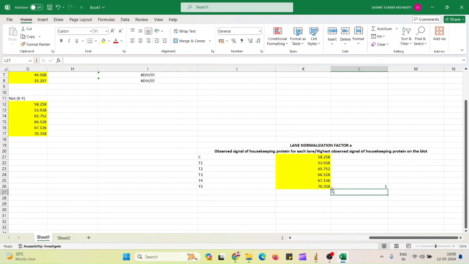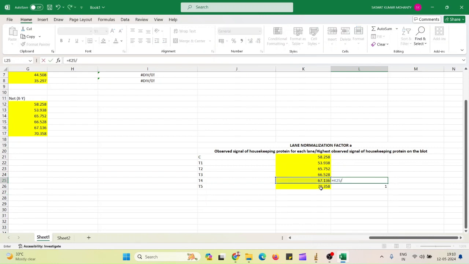If you choose any other mean value or in-between value, you will get a slightly different value. So it is better to choose exactly a value which is the highest or lowest, because whatever value we get from here should not exceed 1. It should be 1 or less than 1. That's why you have to choose the highest observed signal. The signal is equal to this one divided by the highest one. As you see here, we are getting all values below 1.